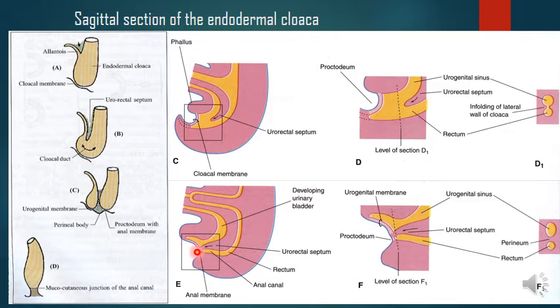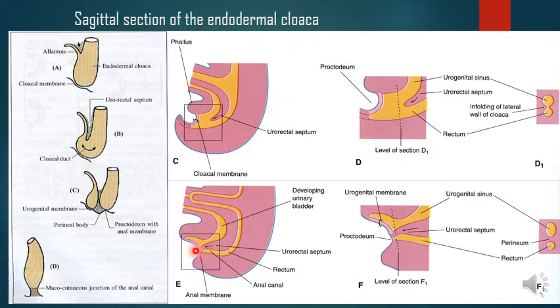It is shifted caudalwards and it is shortened once the infraumbilical part of the anterior abdominal wall is formed. Then it forms a surface depression here. The cloacal membrane forms a surface depression, and this depression is called the ectodermal cloaca. The inner one is called the endodermal cloaca, whereas this surface depression is called the ectodermal cloaca.